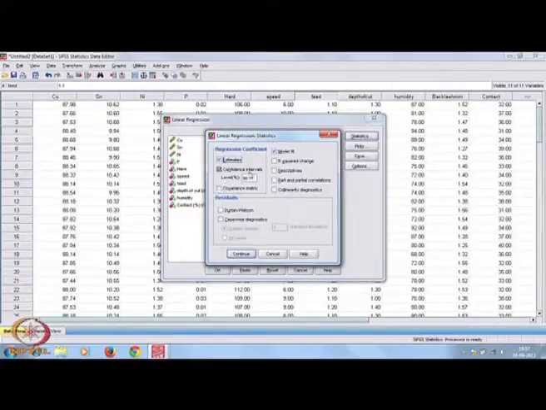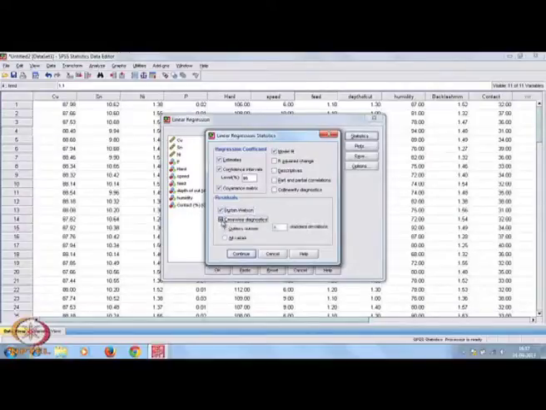displayed. Then the confidence interval; if you are interested in the covariance matrix, click covariance matrix, model fit, R square change, descriptives, part and partial correlations, all those things are there. You may be interested to know the autocorrelation, the Durbin-Watson measure.